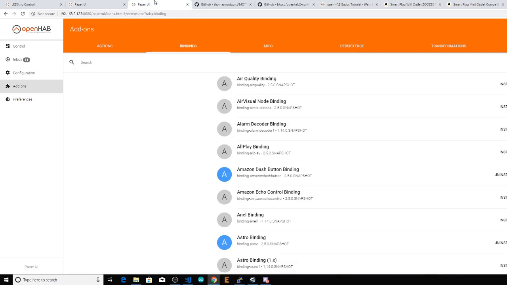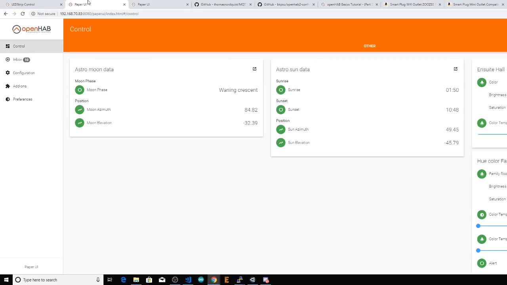This is my actual production home automation system, and then this is just a test Raspberry Pi, the one I've been using for all my videos for installing the Pi from scratch, installing openHAB from scratch. I just want to show you on this one, because I still haven't installed the binding on this one. So we'll go to add-ons